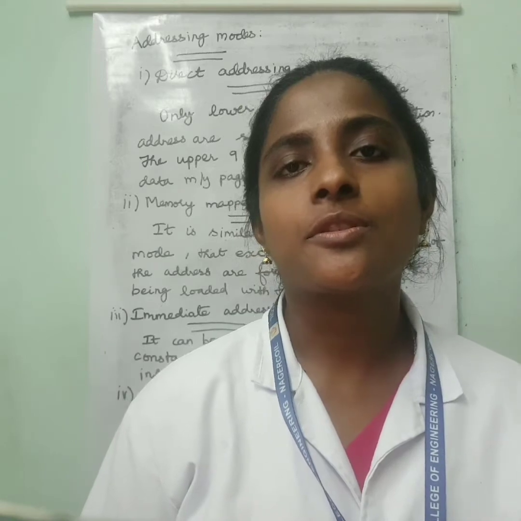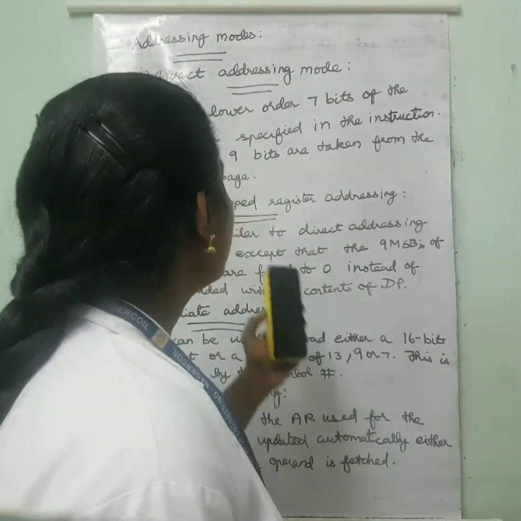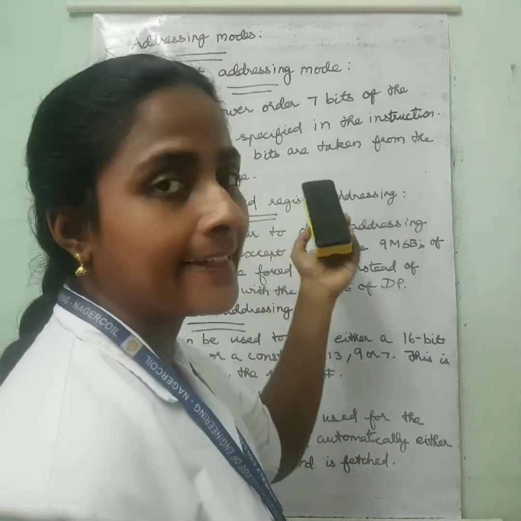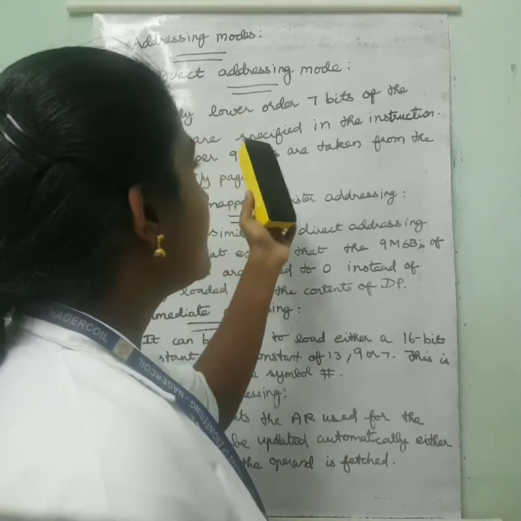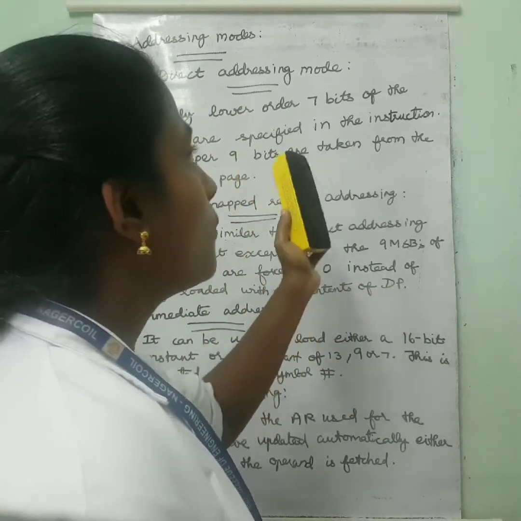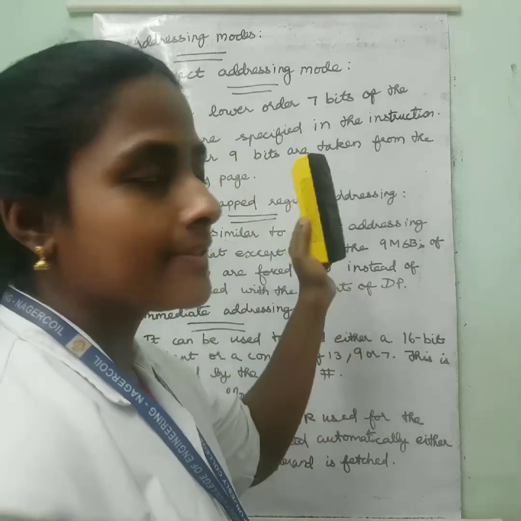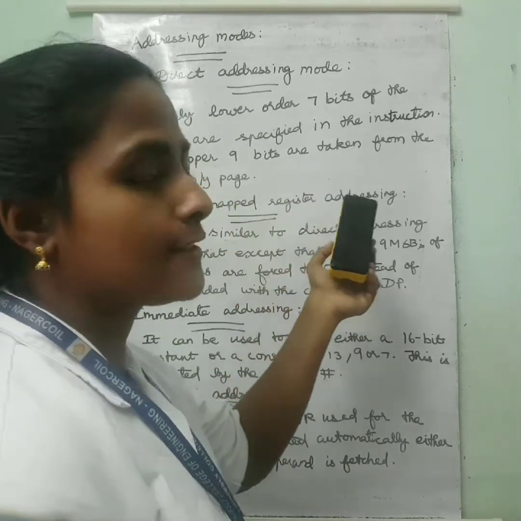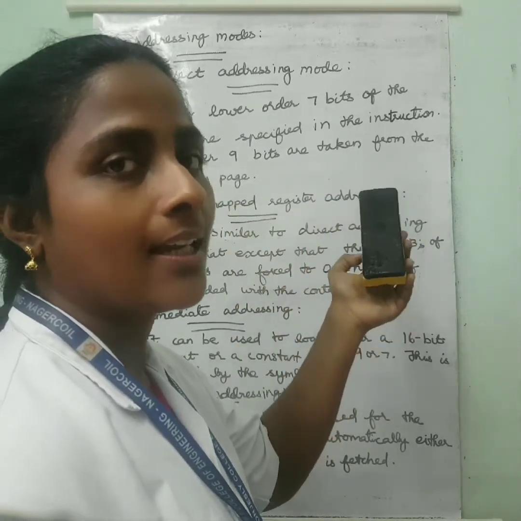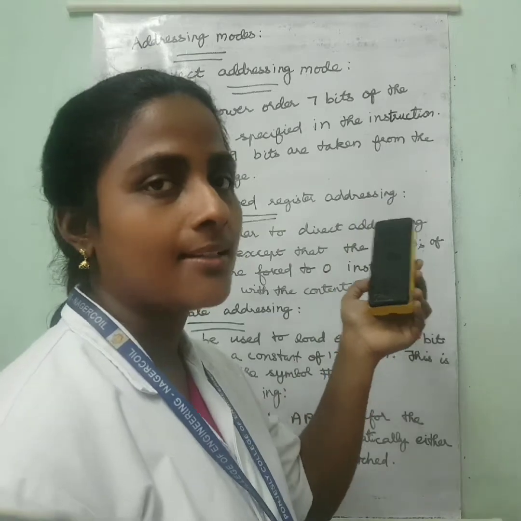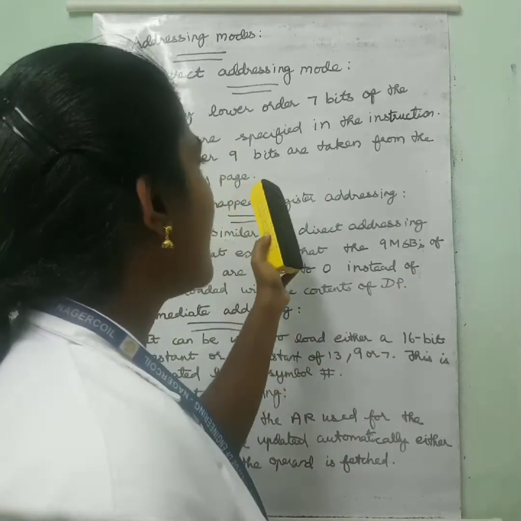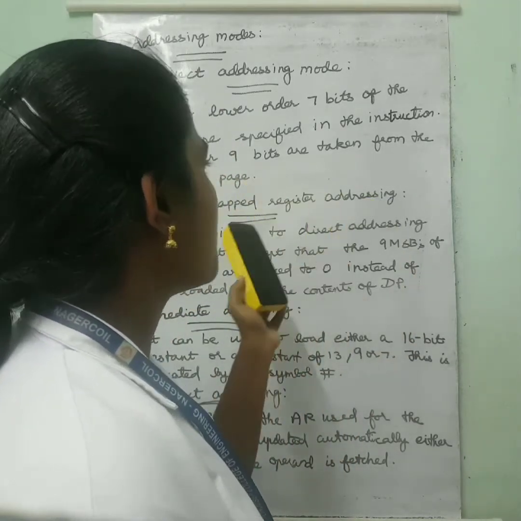Today I am going to teach about addressing modes. In addressing modes we have different types. First one is direct addressing mode. In direct addressing mode, only the lower order 7 bits of the address are specified in the instruction, and the upper 9 bits are taken from the